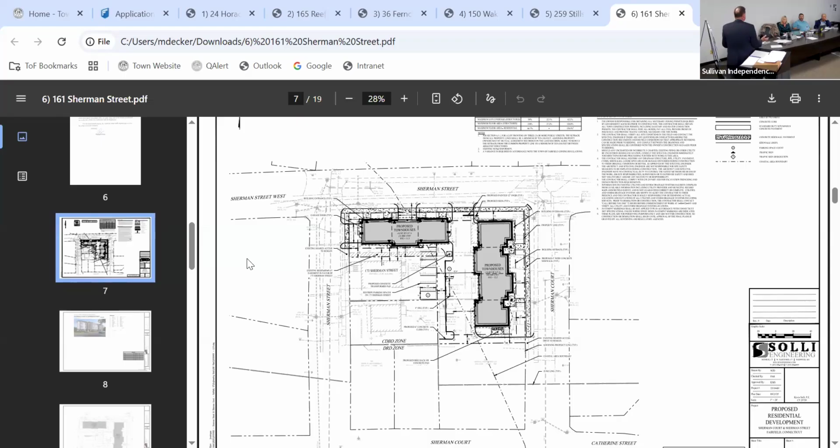One that this commission has seen before in DCD zones. If you can recall, there's two projects on Reef Road, two 9-unit projects, where there were two commercial buildings that were torn down, and then two 9-unit projects were done. This commission gave relief and allowed those to be 100% residential.